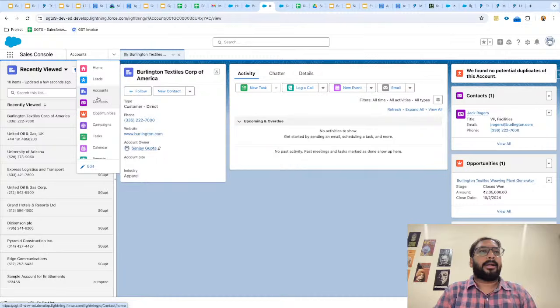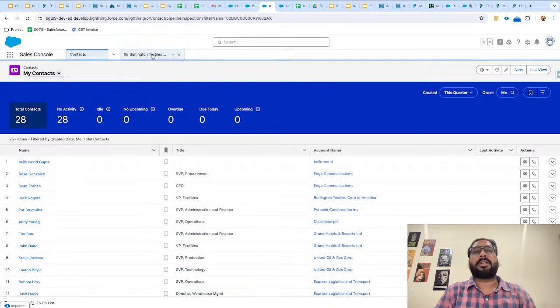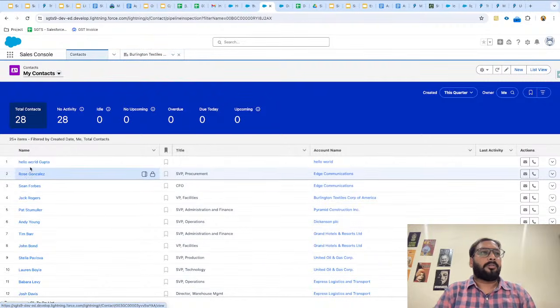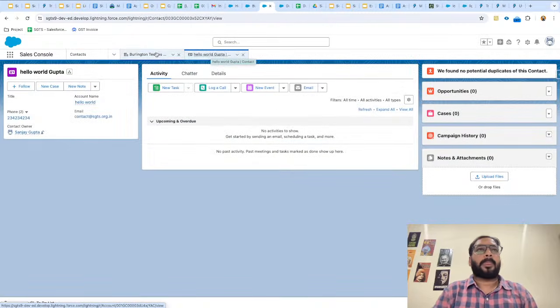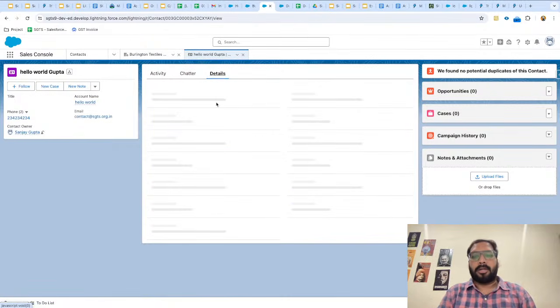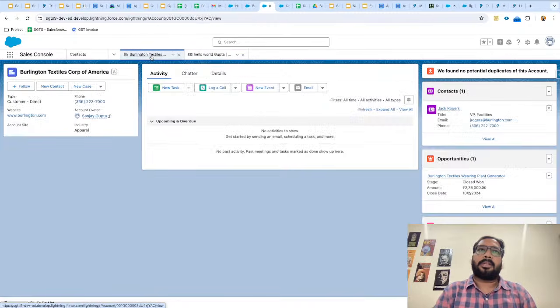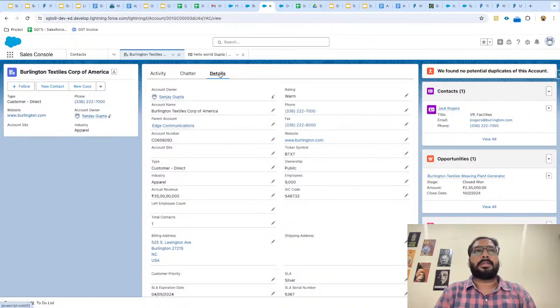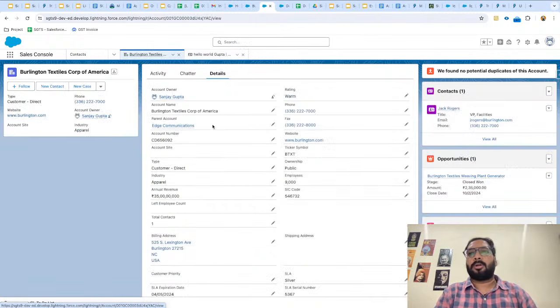Now if I click on contacts, on this page I can see contacts, but you can see the account is still opened here in a sub tab. If I click on any of the contacts, the contact will open in a new tab, right? And here I can see the contact details. Now the benefit is that in this tab I have contact information. If I click on this tab, I can immediately jump onto the account details. I don't need to go to the accounts tab or contacts tab, search for that particular record and then open it, right? So it saves lots of time. You can simply click on the record. So this is the contact record. And if I click here, this is my account record, which I opened.